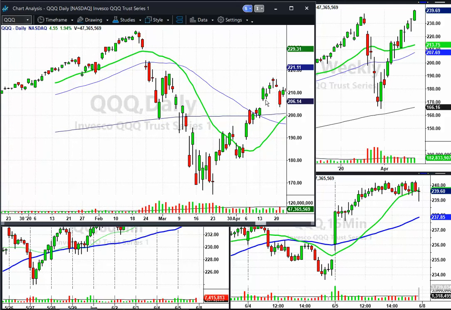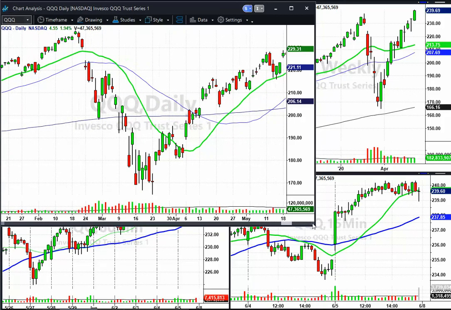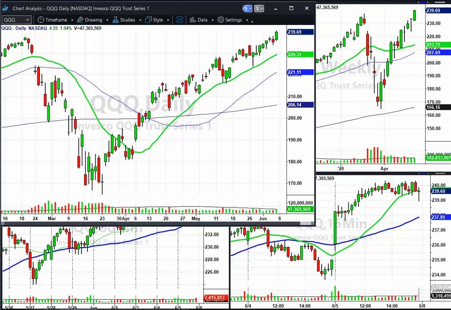But when it started to get here, where you see this particular cluster of resistance, this is when I started taking profits on my longs I bought in this area. Prudent, in my opinion. Now, have I missed out on the rest of this move? Absolutely, and I haven't found a way to get back on. Let's continue talking about it from the long perspective.